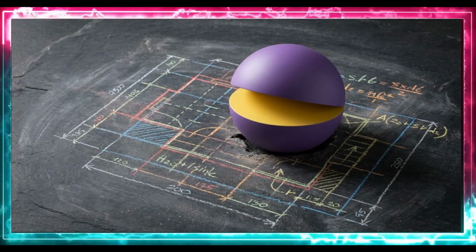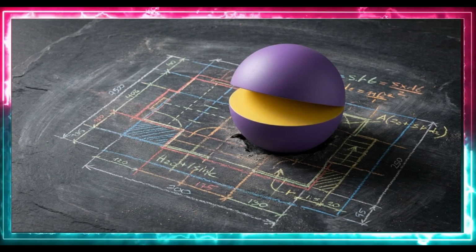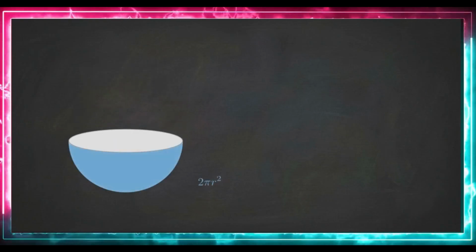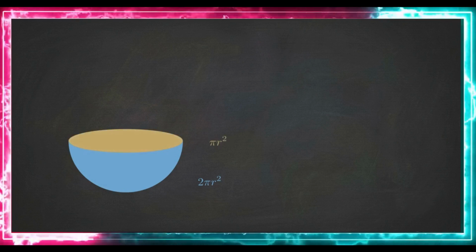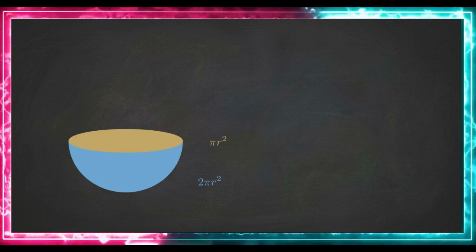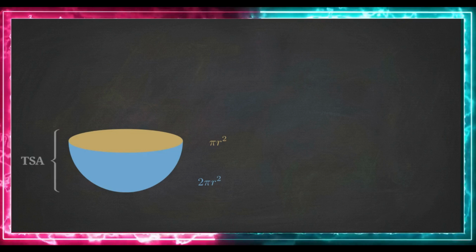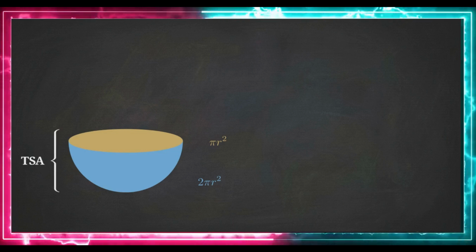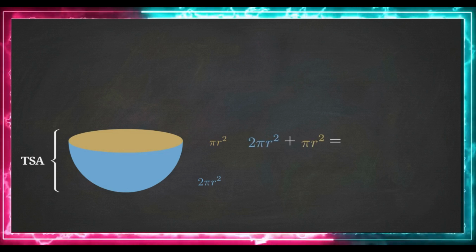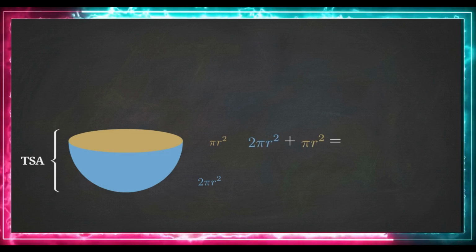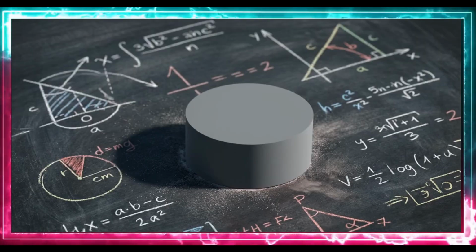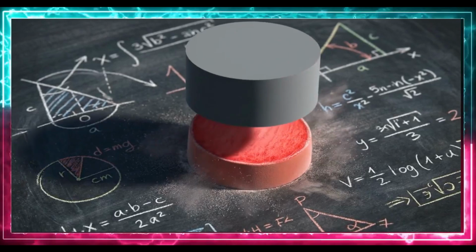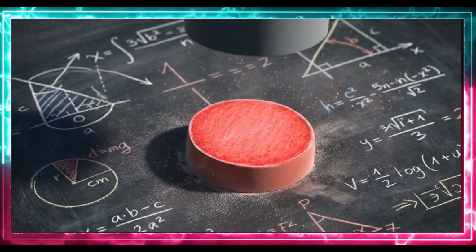We can apply this unified logic to a composite shape like the hemisphere. When a sphere is cut in half, its curved surface area is also halved, reducing from 4πr² to 2πr². However, cutting the sphere exposes a new circular plane that was not part of its original exterior surface. To find the total surface area, we must add the area of this new great circle, πr², to the curved dome, resulting in 3πr². Slicing or manipulating a solid requires us to strictly account for the new two-dimensional boundaries created